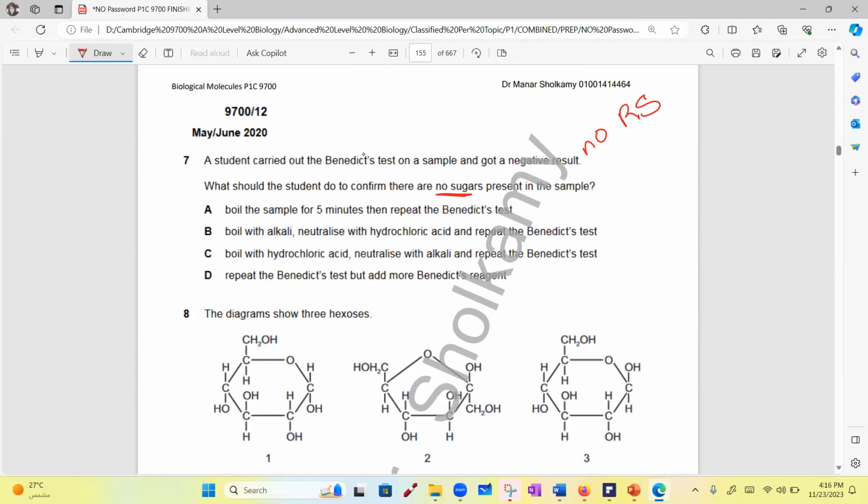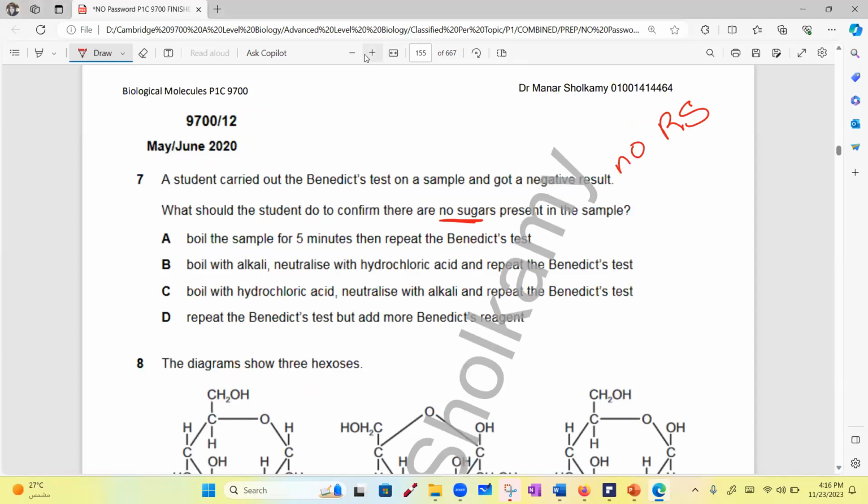So now we want to do the test for the non-reducing sugar. What is the test for the non-reducing sugar? Abdullah. Is Abdullah there? Where is he? Abdullah comes and goes. I don't know where he is. What is the test for non-reducing sugar to make sure that non-reducing sugar is not present? Give me an answer. Serene, can you tell me? It will be C. Okay, very good, because the test for the non-reducing sugar is that we will boil with